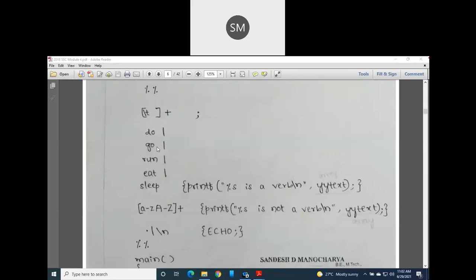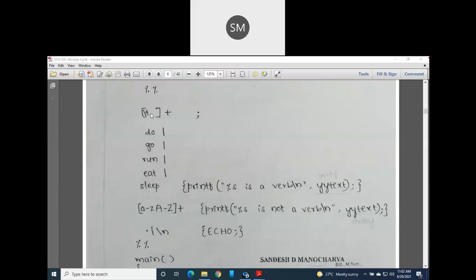The first regular expression I have written is a character class, because I have used square brackets. I have used 2 characters in between these square brackets. One is \t, that is a tab, and one more is a space. So this single space as well as this tab, both together are usually called white space.